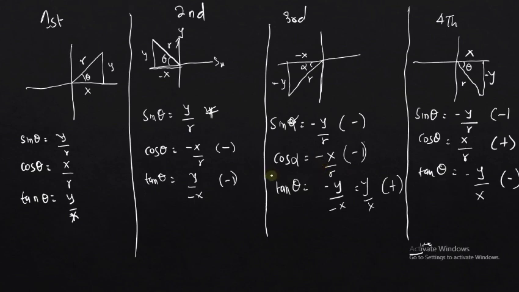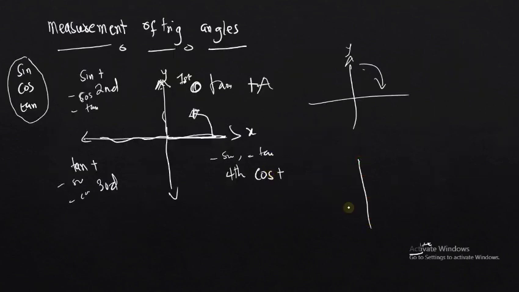So this is the basic idea. To represent all this, for your understanding, sometimes people use CAST, and they start from here: C, A, S, T. That's CAST, to represent the ones that are positive, so that when you remember this, you know the rest are negative. Okay, so now let's move to some special angles that we work with in trigonometry, and that will be our last thing we'll do for this video. And actually, we'll compute some of the angles and see